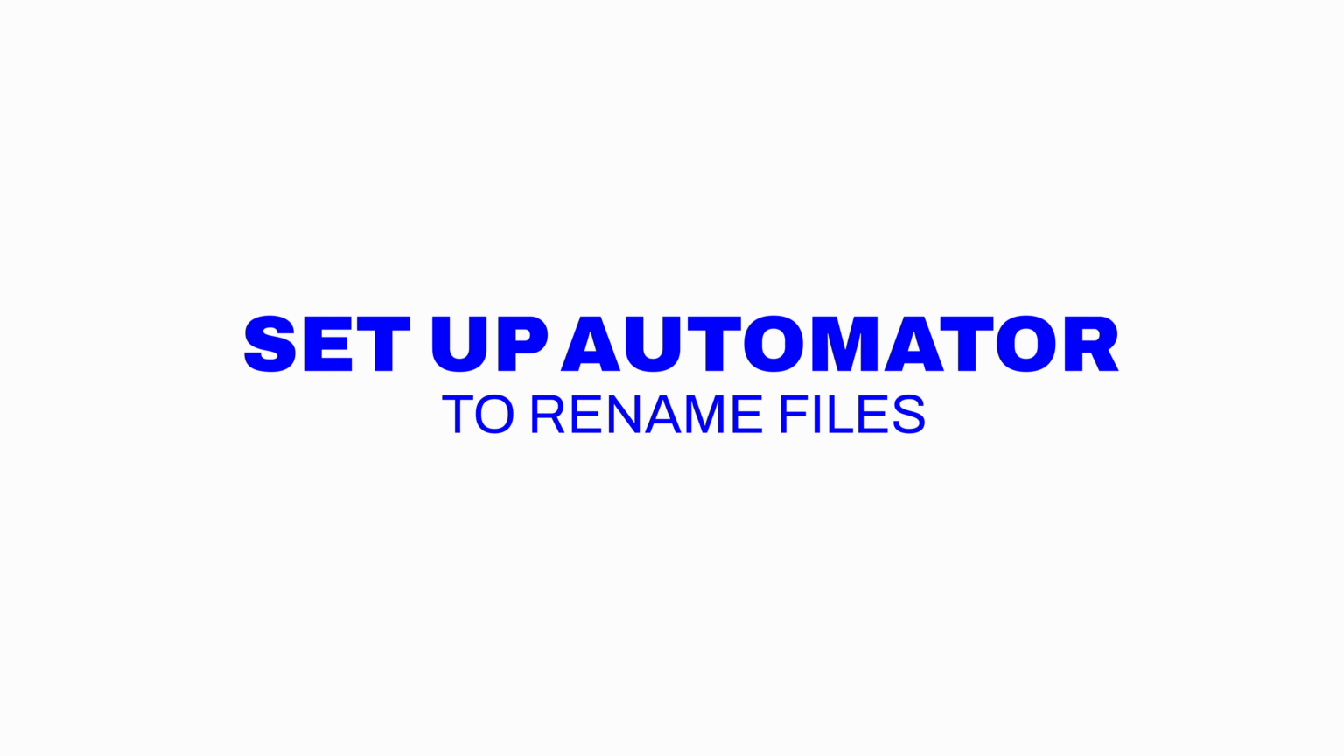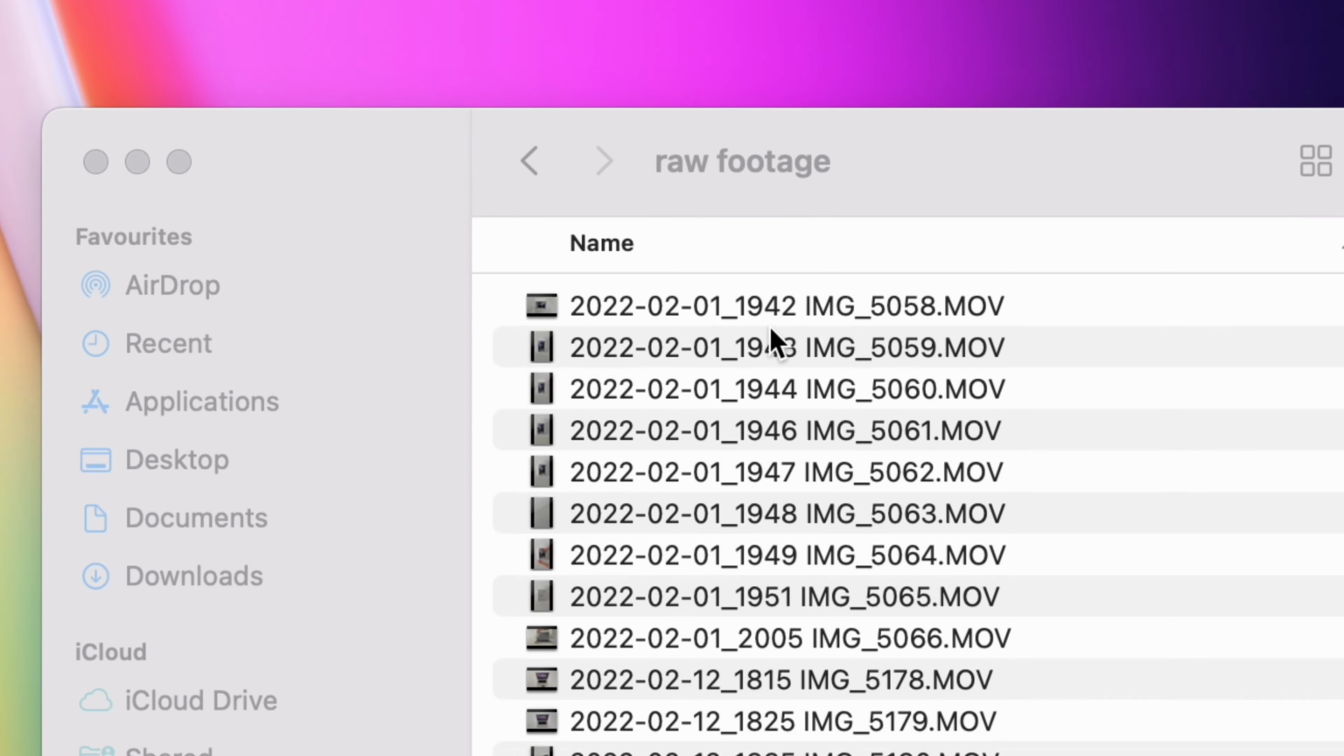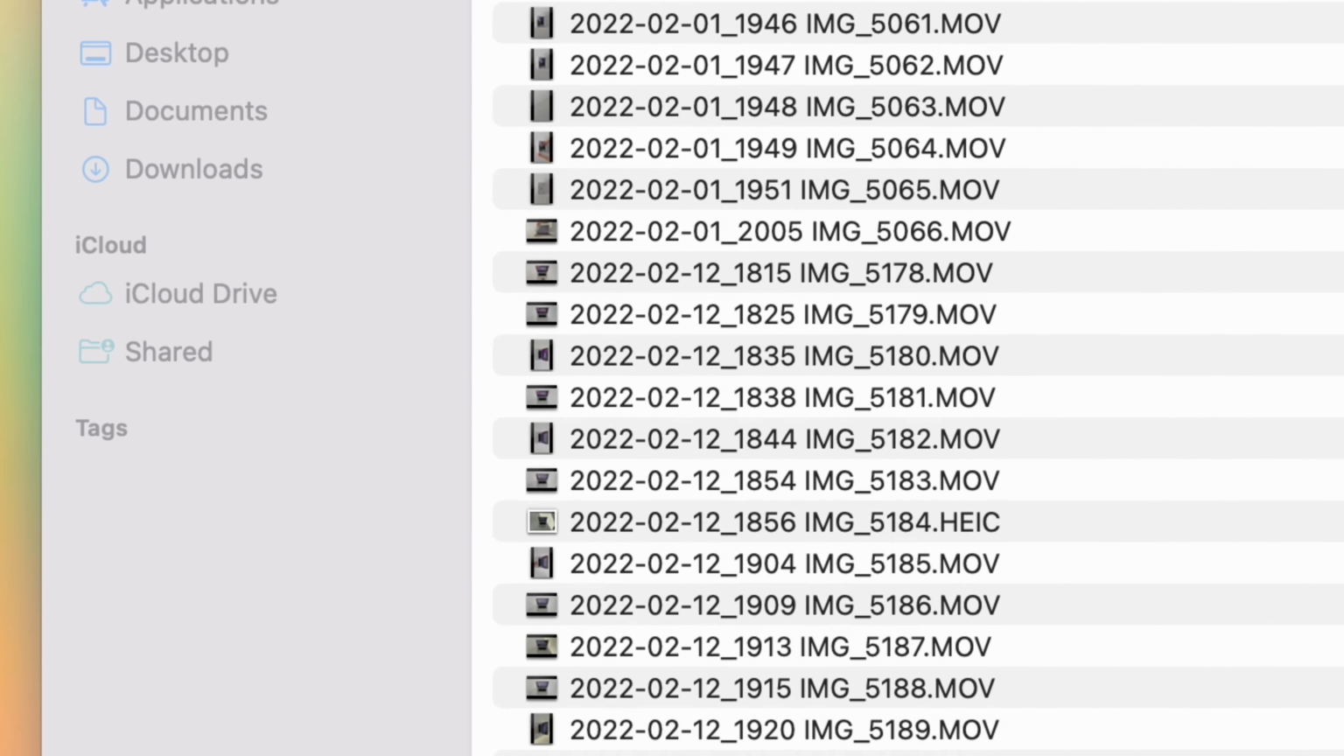Setting up Automator to rename files with dates created. We're going to set up a workflow in Automator, which is going to allow us to quickly add a timestamp to the start of a file name. I use this to automatically rename footage or photos I take, but its use extends to organizing business documents like invoices as well. This is a real time saver, but it does take a little more to set up, so